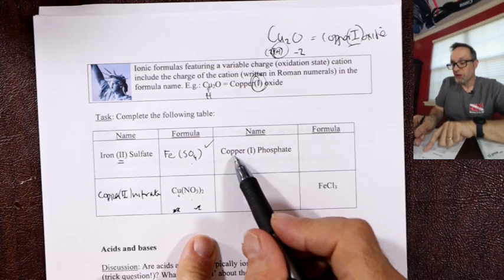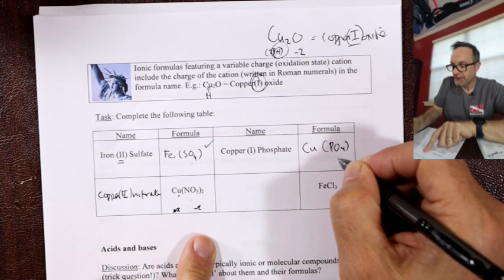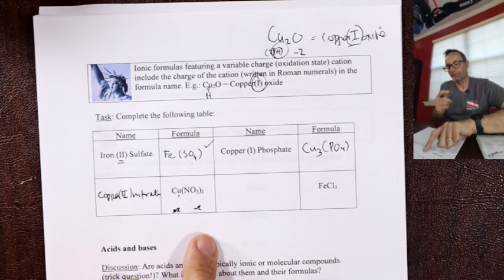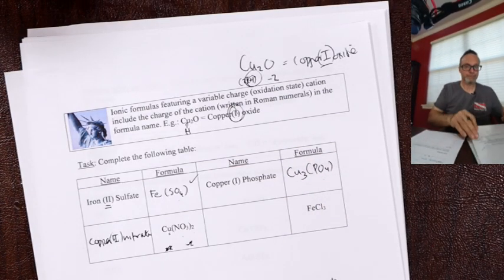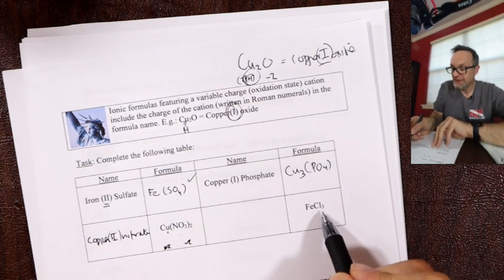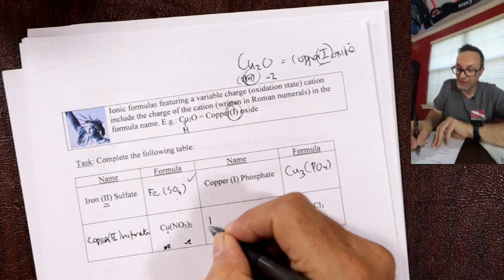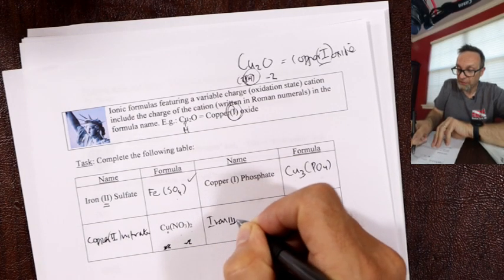Here, go names to formulas again. Copper 1, so we know it's a +1. Phosphorus is a -3. -3 + 1, we need 3 of them. Finally, FeCl3. Well, Cl's a -1 and there's 3 of them. So iron is only one of them. It must be a +3, right? So that's iron 3